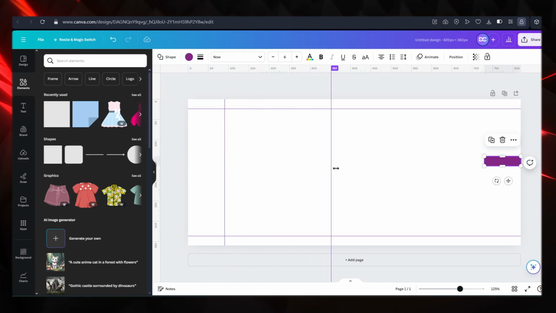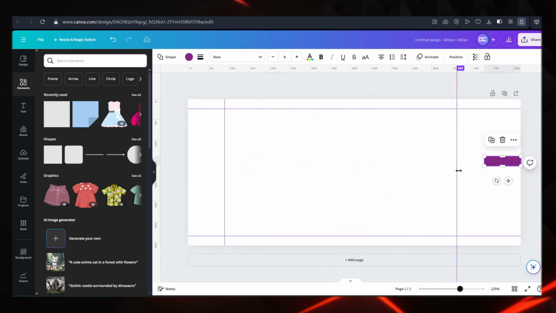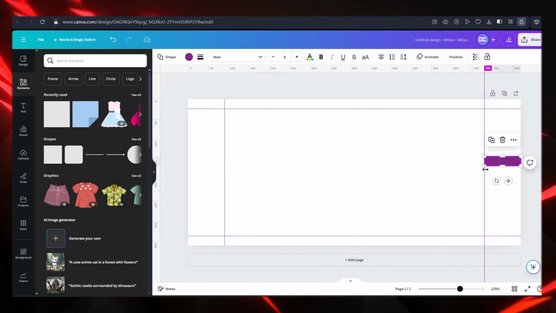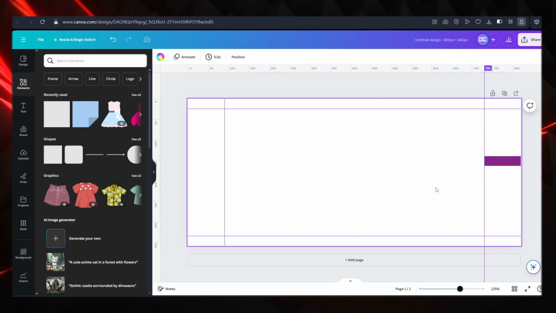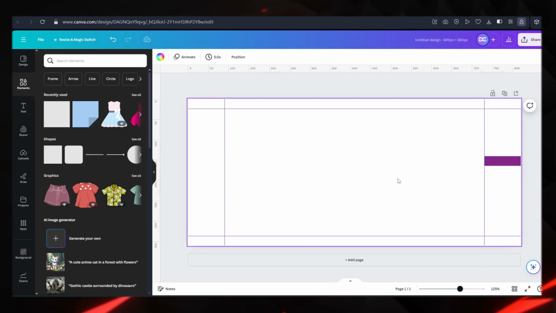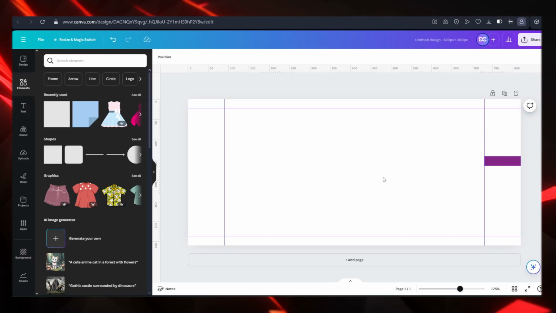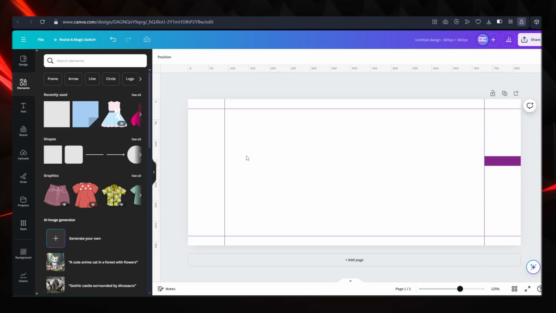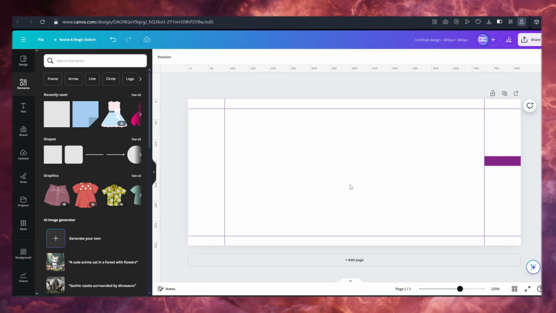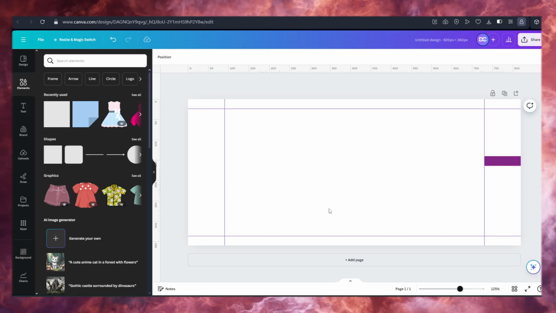Take a ruler and simply drag it to the margin. And now we have got our safe zone made. The center box, you can see the rectangular shaped lines, this purple line that makes a rectangular box in the center, is the safe zone for our Facebook cover photo. As you have seen, I have done it on both the sides.